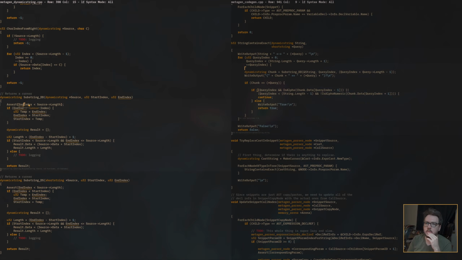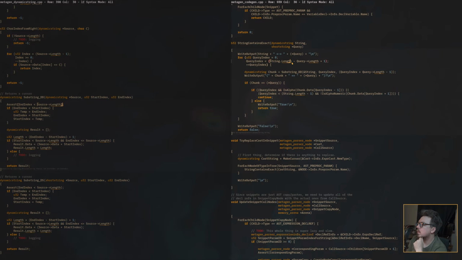Yes, this is what's failing. Assert that end index is less than the source length. So in this case, string. So the end index is greater than our length at one point. So if we're going from 0 to